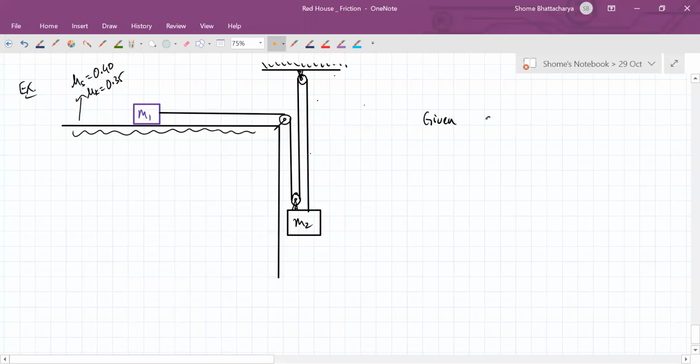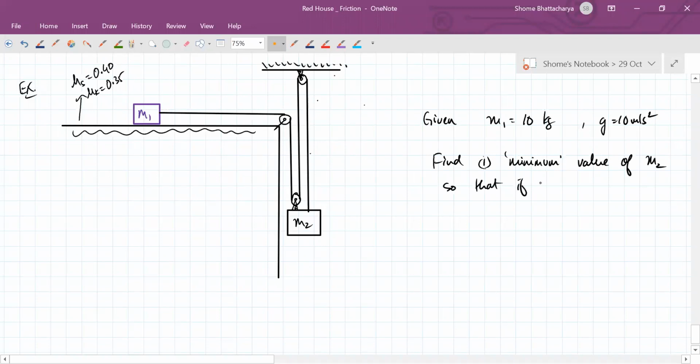So given that m1 is equal to, let us say, 10 kilograms and g is equal to 10 meters per second square, find the minimum value of m2, so that if the system is released from rest with the thread taut,